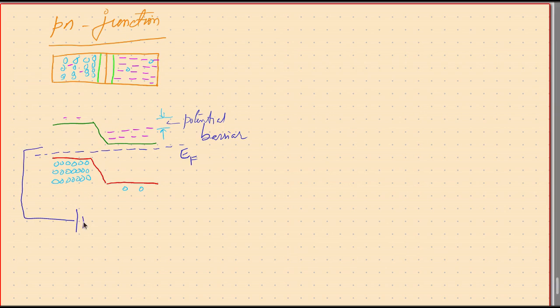So when you connect this with an external battery, the positive terminal will pull electrons from this side, because of which this energy reduces, and the negative terminal pumps some electrons into the N type, and with the electrons energy is also moving, and hence the N-type material energy increases. In this way, this gap reduces,